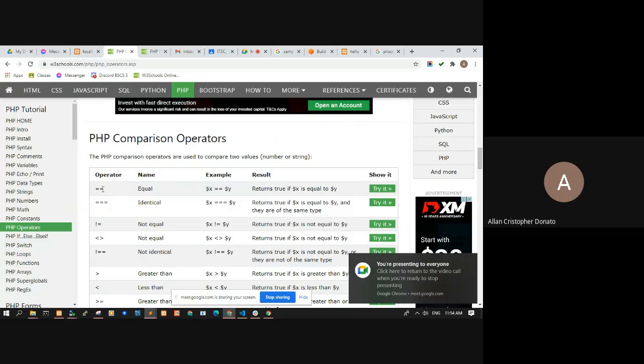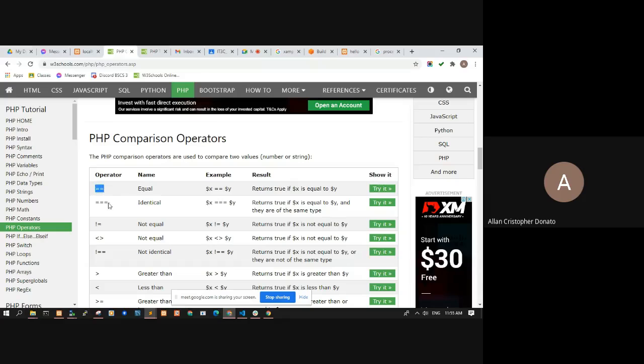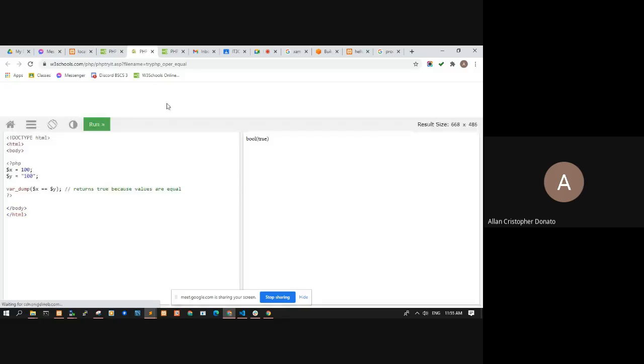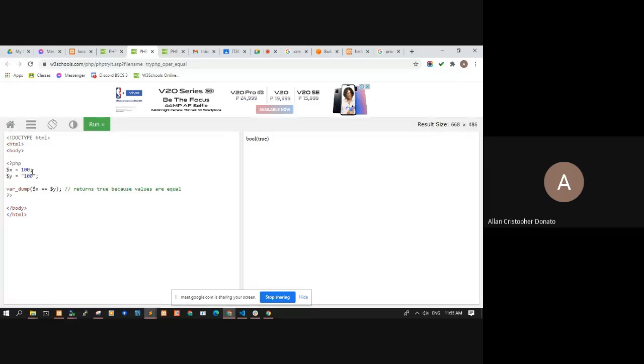Double equal is for comparing values only. Triple equal is for comparing values plus the type. If you will notice here, x is equal to 100 and y is equal to 100, the first one is a number and the second one is a string. Using double equal as comparison operator will result in true.